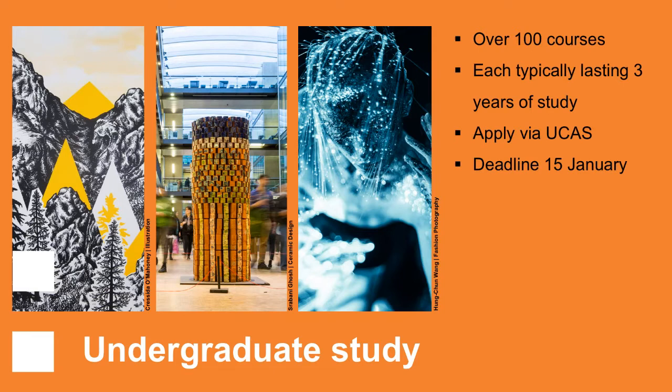I know from my experience of when I studied at university, that was something that threw me when I was applying because I didn't really understand what all of the jargon meant. But if you see the letters BA at the start of a course, then that means that it's going to be an undergraduate course. And different to the foundation, you apply for an undergraduate course via UCAS. So the foundation, you applied directly to the university itself, whereas for undergraduates, you apply via UCAS.